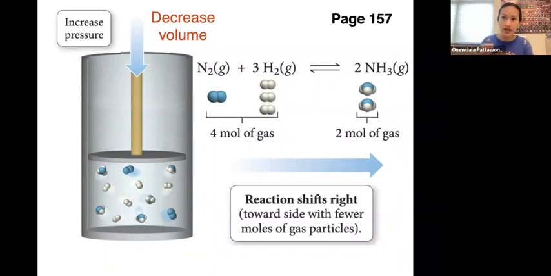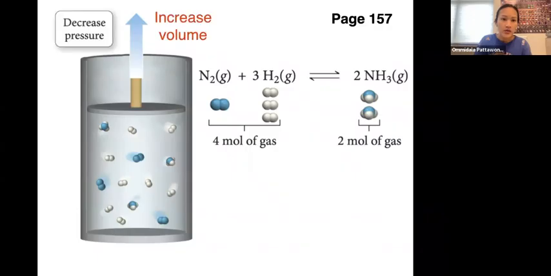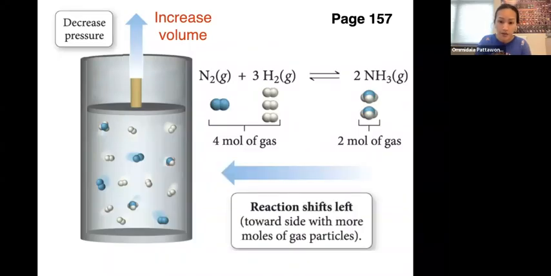So if you reduce the number of moles of gas, we observe that the pressure will also decrease. So in order to decrease the pressure, the reaction would shift toward less moles of gas. Now, if you increase volume, this is when the pressure would decrease. When the pressure decreases, it doesn't have enough pressure inside the container. So the reaction would shift toward more moles of gas to produce more of the gas particles in order to